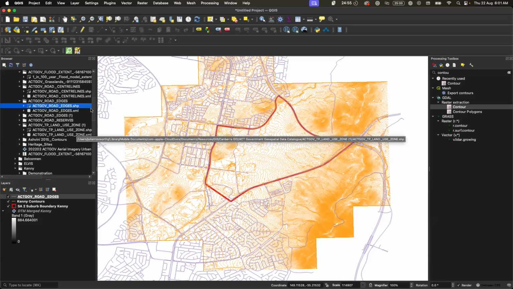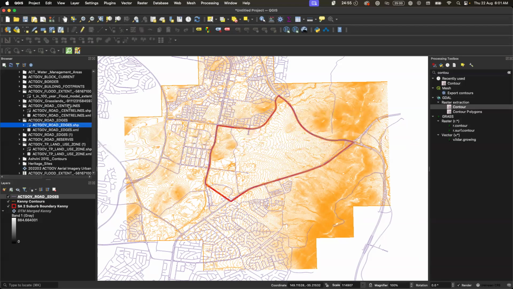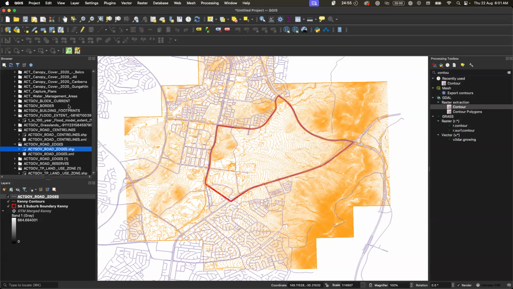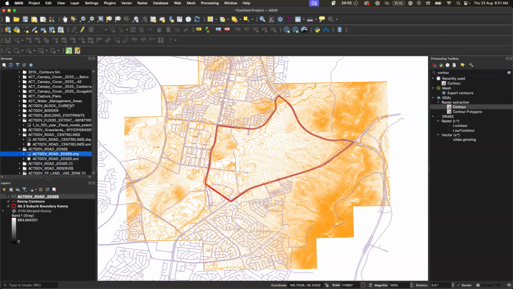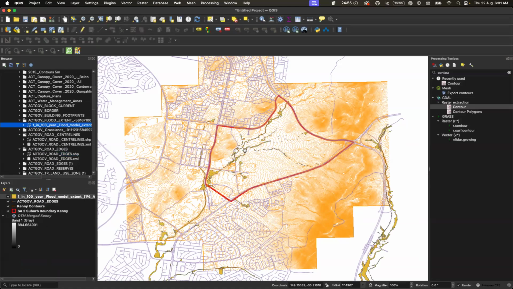And so what I'm going to actually also do is put in, and this is going to be more complex, a 1:100 flood model extent in here as well. That's on the top there. You can see where that is. These are all from the ACT government data portal. So it's about finding those right ones. I'm also going to put in